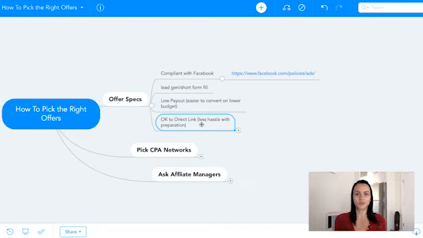So I don't want you to go and get lost trying to find a coder for you so you can get a lander up, or I don't want you to waste hours and hours creating landing pages, trying it on your own. I'm gonna be honest with you, it's doable. You can do it. That's how I learned. I spent a lot of time on Google and on YouTube and learned how to code and how to do these websites. But